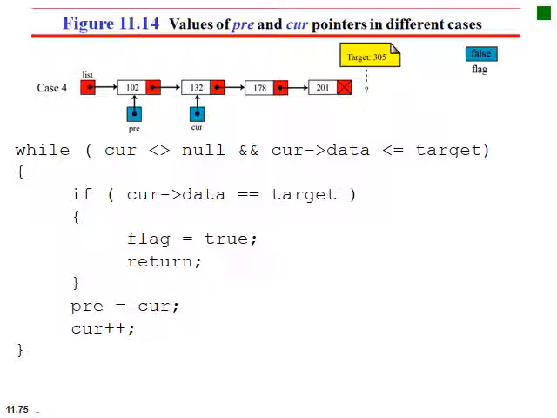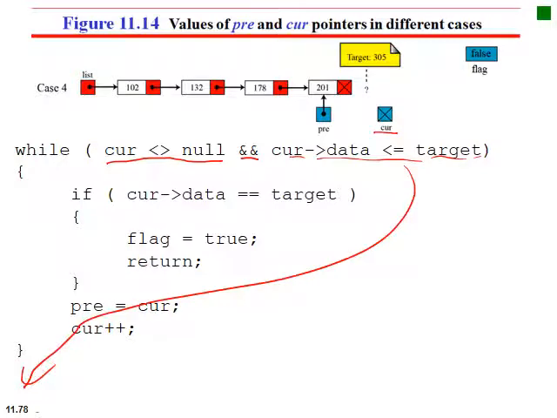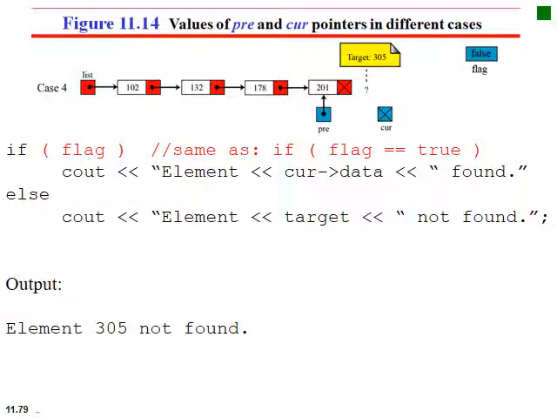Therefore pre gets the value of current and current gets incremented, in other words it moved on. Now the same thing happens, and so we will traverse and find every time that the current data is still less than or equal to target, so it will even still advance now, and current rather will now have the null pointer. So when we get here, while current is not equal to null, and now it is equal to null, so that will make this part false, and with the logic and, it doesn't even matter now what goes on there. Basically it means that this while will end, we will jump out of the while, continue after that, and we will find that